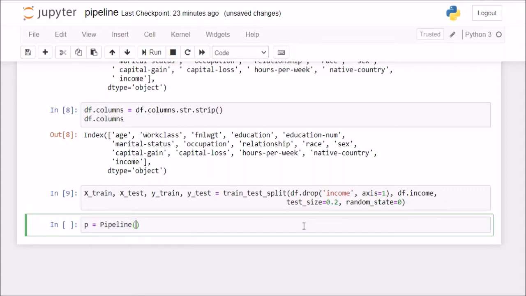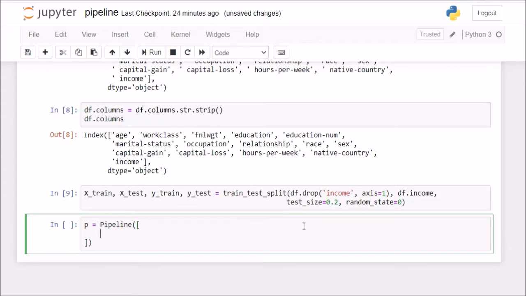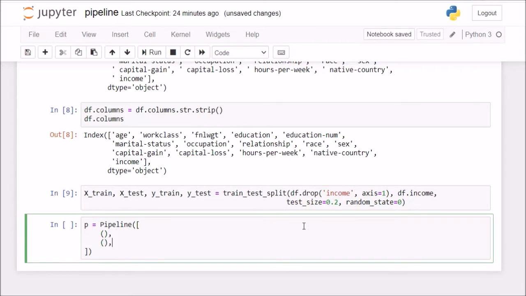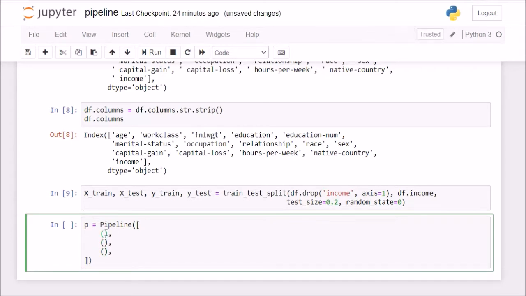So now this Pipeline class is expecting from us a list of tuples. So when I say a list, that means one list. So I'll pass in a list with the two square brackets. And now it is expecting tuples, right? Similar to what a column transformer was expecting from us. So in contrast to a column transformer, which required 3 elements in each tuple, Pipeline requires only 2 elements in each tuple. Okay, the first element is the step. So I'll first name it step 1, and the second one is the estimator or the transformer.